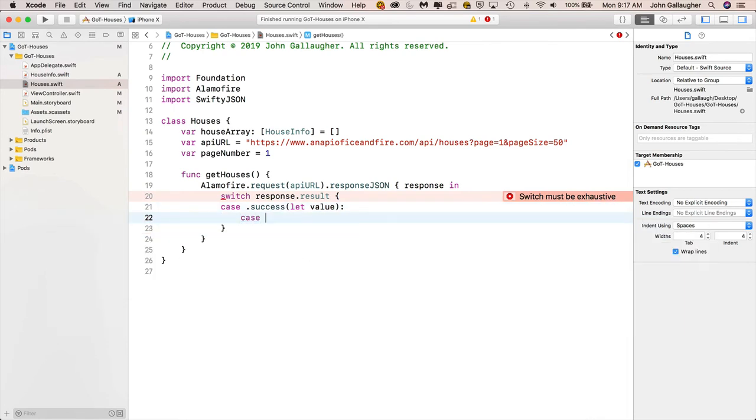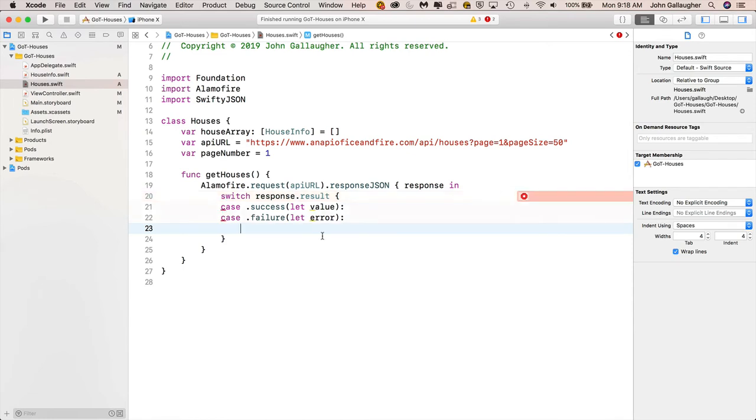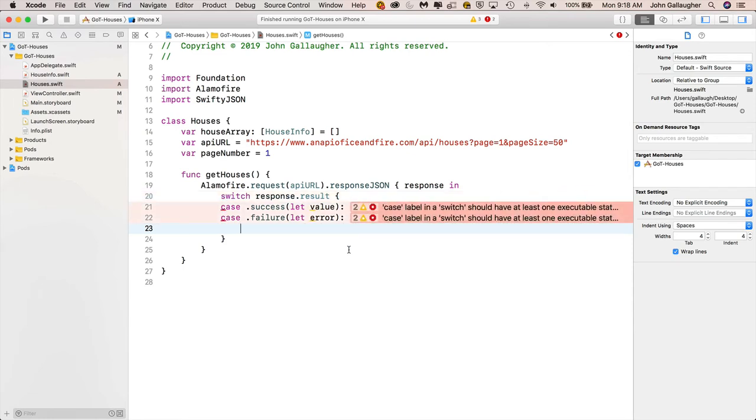colon, otherwise we want to say case .failure, and what we want to do here is just say let error, and then we put a colon right after here as well. And I'll put in the data for the error first. And again, we want a print statement in here just to warn the developer, hey, we've got an error, and you can go back and look in your code. So I usually put in here an emoji. You certainly don't have to, but if I do